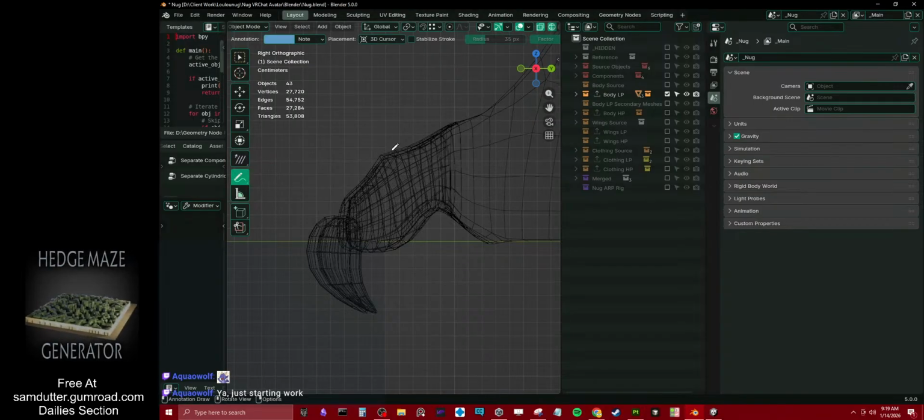A little bit this way. Let's do boom, boom,